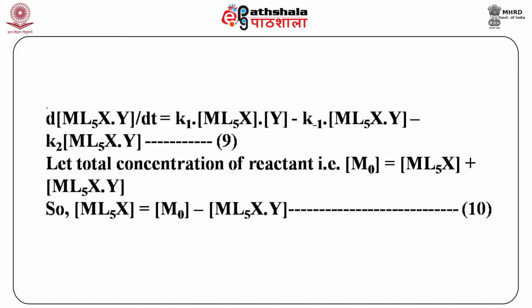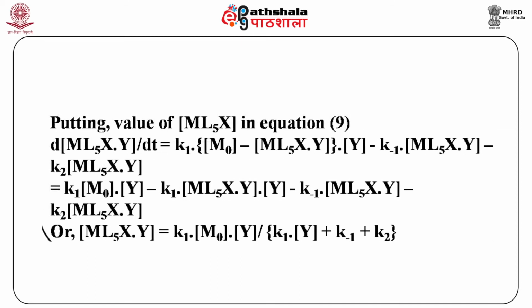Now from this equation we can find the concentration of ML5X, that is the difference of the total concentration of reactant M minus the concentration of ML5X·Y. Putting the value of ML5X from this equation, we will obtain d[ML5X·Y]/dt is equal to K1 into the total concentration of substrate, that is M naught minus [ML5X·Y]